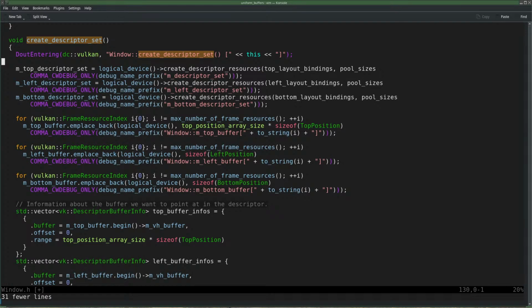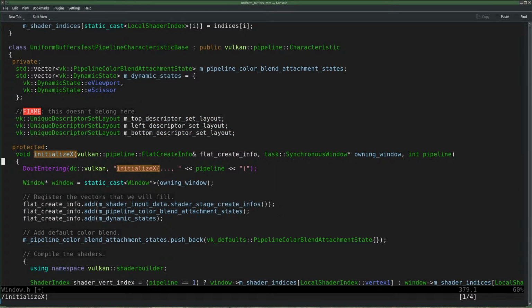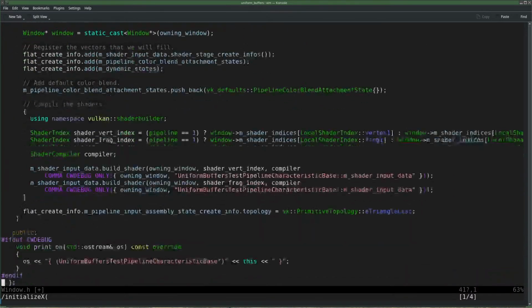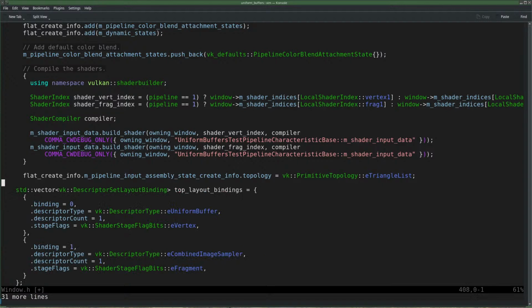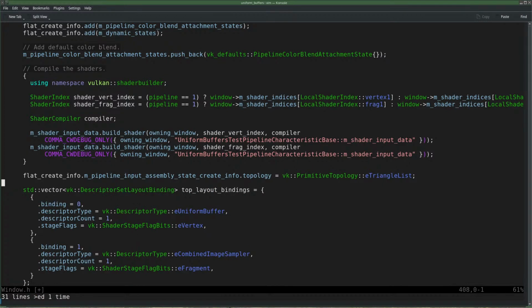And then move them to the initialize function, and well, at the bottom, because I think that's where we were. Okay.